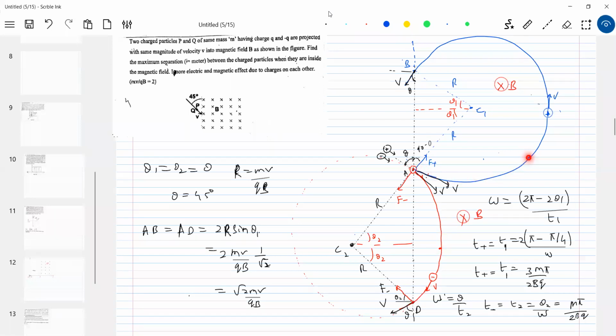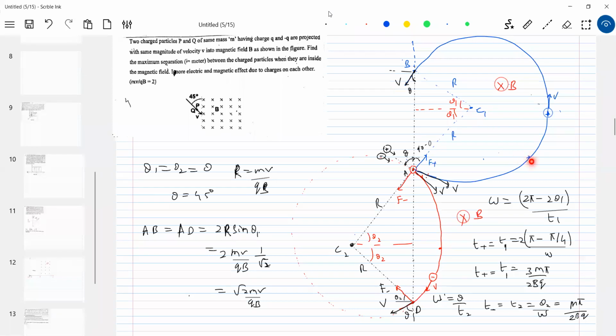So where should that pi by 2 be brought? What is the total angular displacement? 2 pi, and from that you remove 90 degrees. How much are you getting? 270 degrees or 3 pi by 2. Am I right? What is the angular displacement of this? Pi by 2. What is the angular displacement of the other? 3 pi by 2. So when this undergoes angular displacement pi by 2, where will the positive charge particle be? Break up this 270 into 90, 90, 90. So somewhere it should be here.